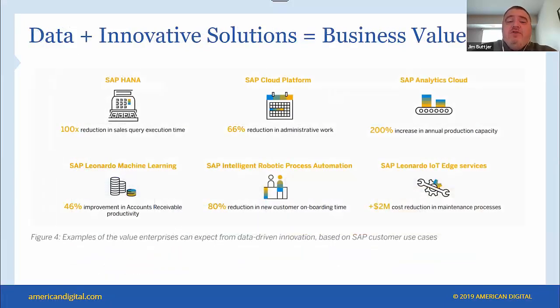Again, from an SAP perspective, this is about saying how much you use SAP technology to achieve some of these business outcomes and value from the various technologies available for transformational change, whether it's through automation with robotic process automation, whether it's through the foundational platform change to HANA and the database and data processing platform it provides, to all the other areas. So the idea is that if you can combine data with innovative solutions, you can unlock a lot of value.